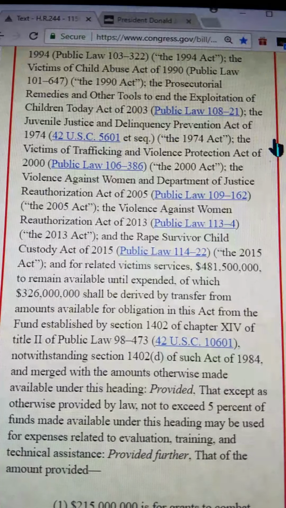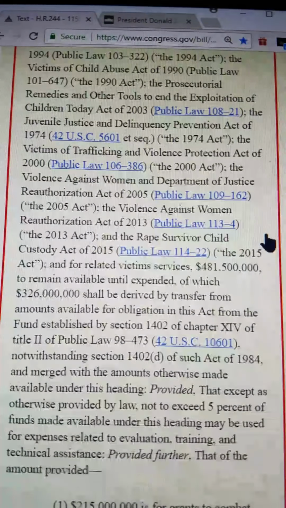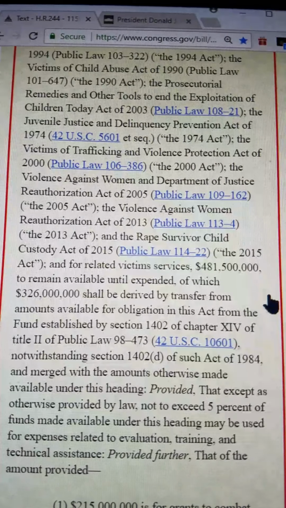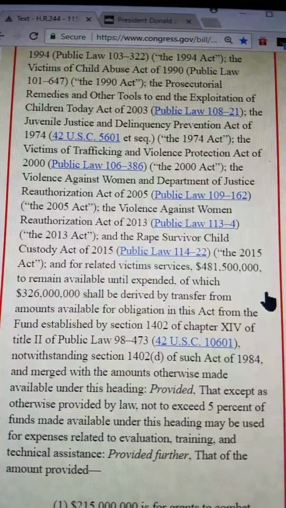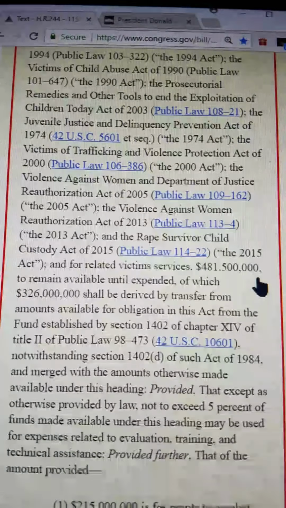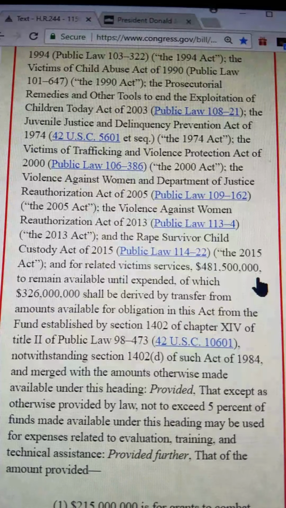the Victims of Trafficking and Violence Protection Act of 2000, the Violence Against Women and Department of Justice Reauthorization Act of 2005, the Violence Against Women Reauthorization Act of 2013, the Rape Survivor Child Custody Act of 2015, and for related victims' services, $481,500,000 to remain available until expended, of which $326 million shall be derived by transfer from amounts available for obligations in this act from the fund established by Section 1402 of Chapter 14 of Title II of Public Law 98-473,